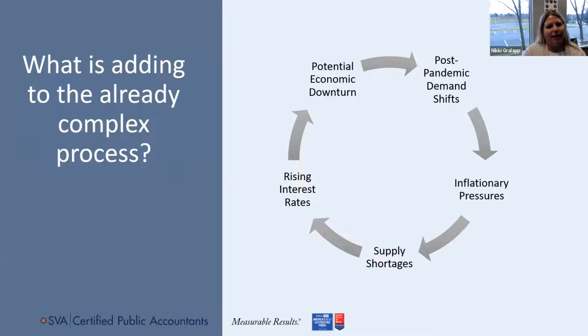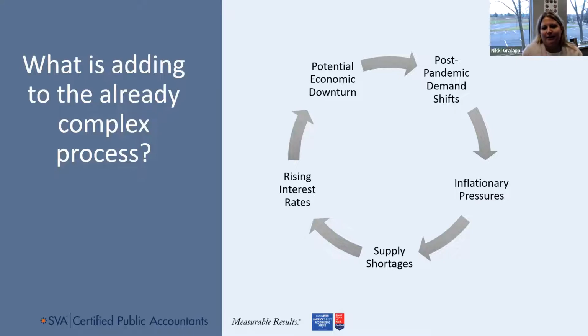So budgeting and forecasting has always seemed like a complex project. So when you sit down in November, December to do it for the next year, I get clients saying all the time how much they dread it or how much time it takes or how much work it is. And this year it seems even a little more daunting. You have to consider things like the potential economic downturn. What does that mean to your business? The post-pandemic demand shift. So was that a positive demand shift for you? Was that a negative demand shift for you? What do you think that looks like in your future?